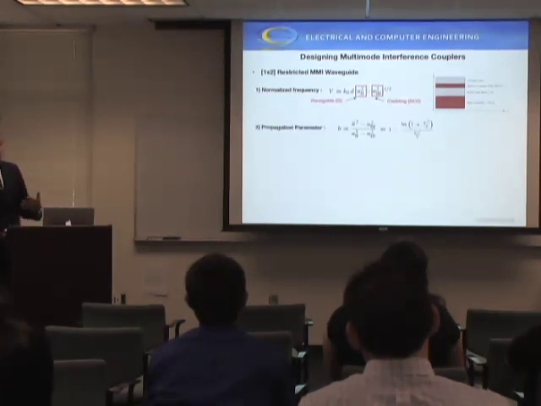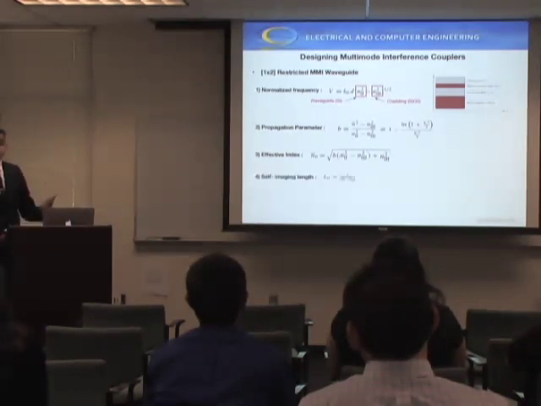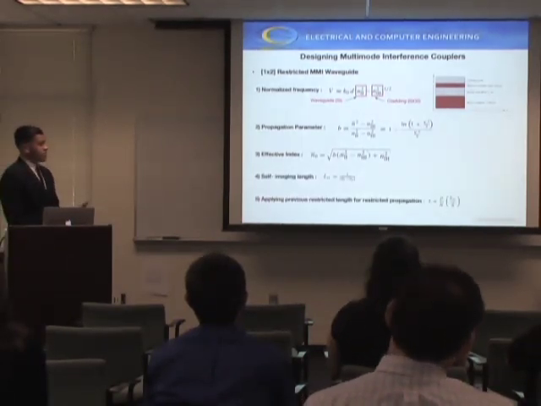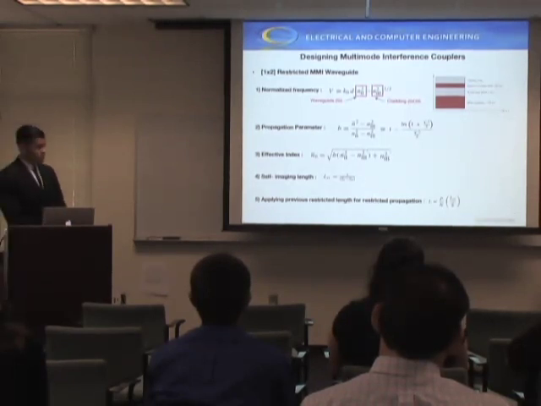From here, we can calculate the propagation parameter. Because we're dealing with symmetric interference, we can actually use our result from our normalized frequency to calculate this. And from here, we can get our effective index. And then from there, we get our self-imaging length. And from the previous derivation, we see that the correct length will be equal to 8 times the number of outputs, in this case 2. So from here,